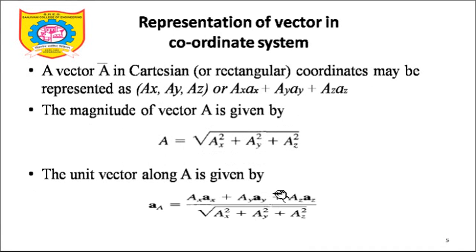Welcome back, friends. In the last lecture, we were talking about vector calculus, and we tried to understand how to represent a vector in the coordinate system. We also went through the unit vector in the direction of any vector A bar: A bar is ax bar plus ay bar plus az bar, divided by the square root of ax square plus ay square plus az square. This indicates the direction, and this indicates the magnitude, because ax upon the entire square root, ay upon the entire square root, and az upon the entire square root will decide its magnitude also.